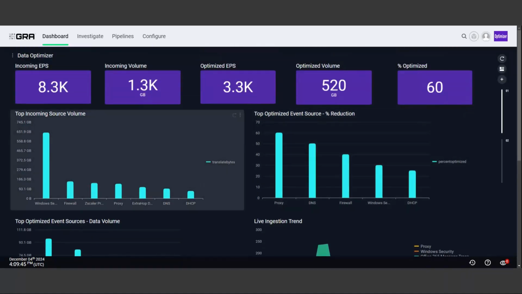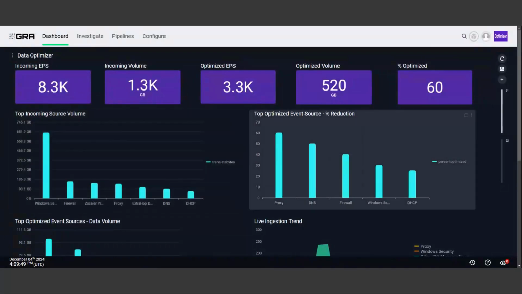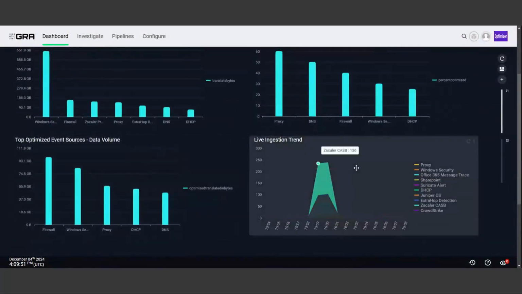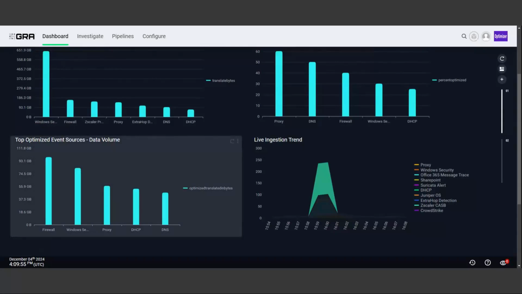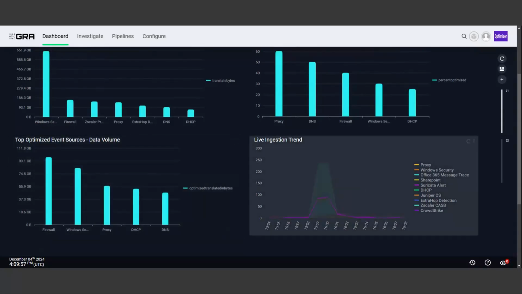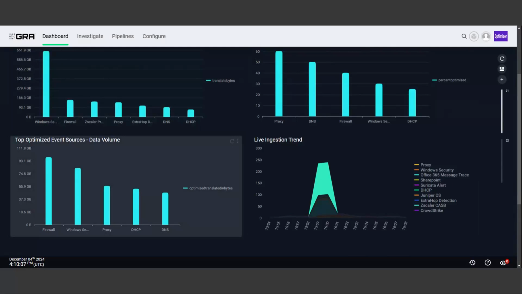And as you can go through each one of these sources here, or each one of these KPIs, or what we call widgets, you see here the amount that we've been able to optimize through the platform based on and parsed on individual data sources within the product itself. And you can see all of the usual suspects, from proxy all the way down to your EDR vendor, whatever you happen to be taking into the environment here. For CrowdStrike, it could be